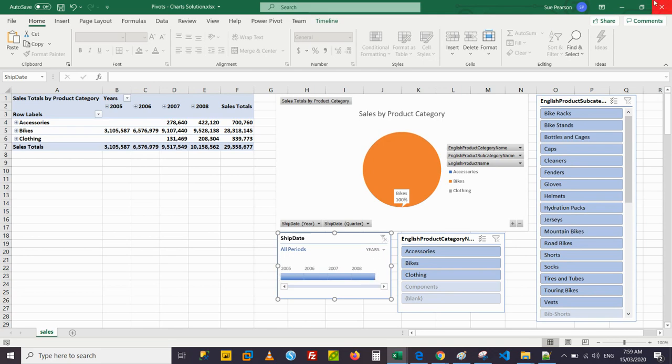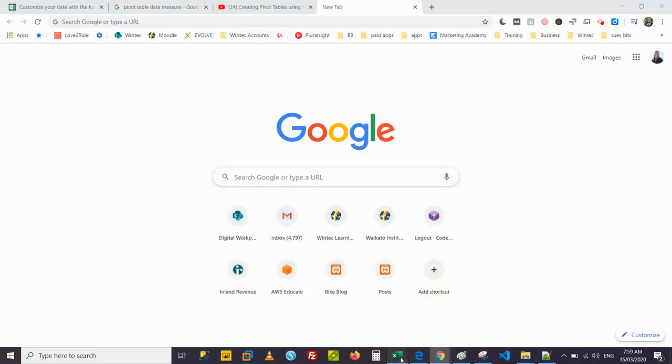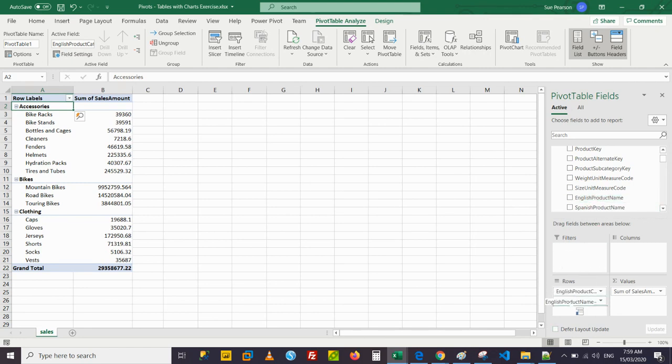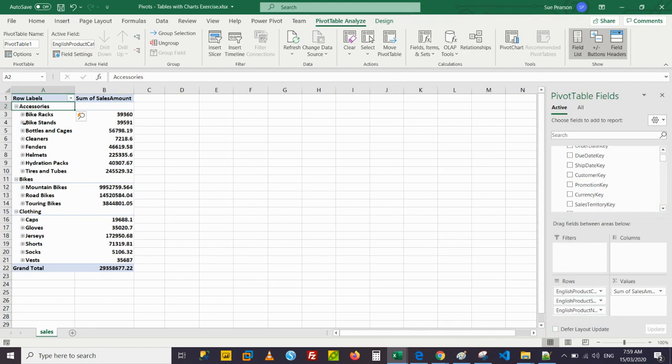So now let's go and create this with our data set from last time. So this is where we left off last time. As I said, I added the product name, which you can do by just going into the product table and dragging it down here. So if I was to remove that and drag it down, you can see it turns